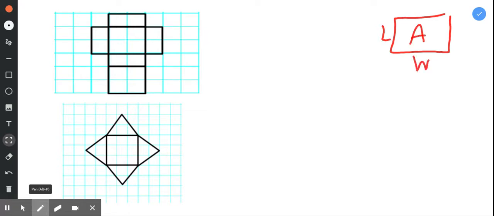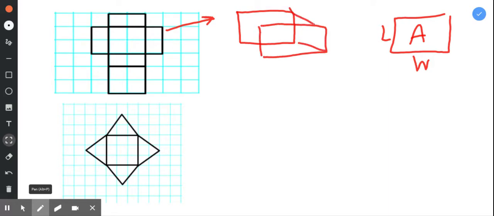But now when I look at a three-dimensional shape like this, the net would be a rectangular prism. So it would look kind of like this. Now, if I wanted to find the surface area of this three-dimensional shape, what they're asking me to do is find the area of all of the sides and add them up. So I want the surface of the entire shape. Okay? So when I draw it out as a net, it helps me to see that I actually have 1, 2, 3, 4, 5, 6 different rectangles that I'm finding the area of,